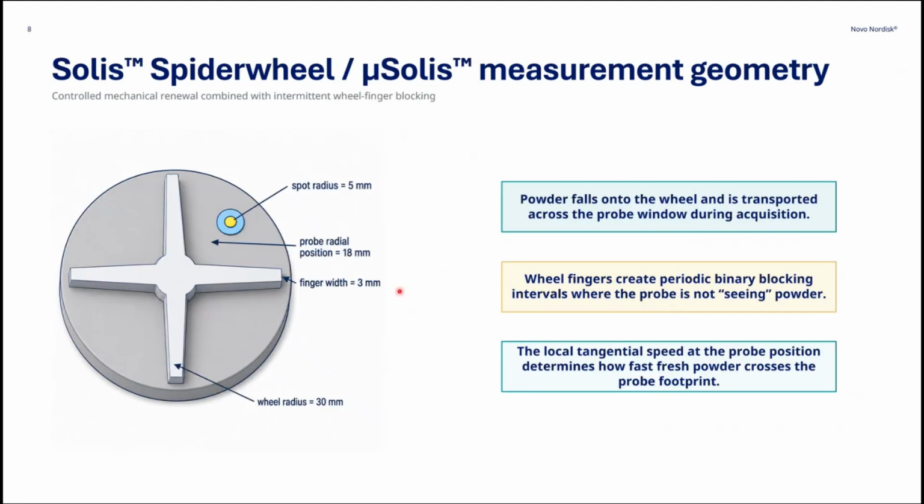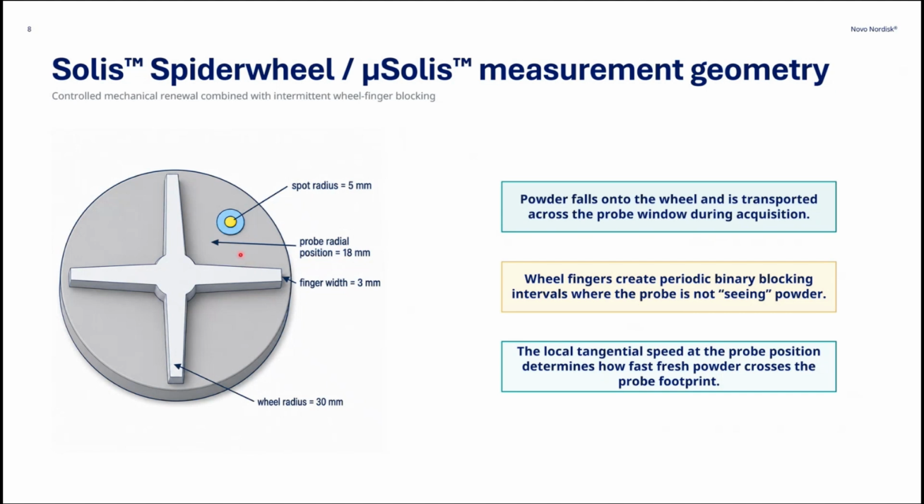So here you see a 3D drawing of a simplistic drawing of the spider wheel. So the geometric setup we need to understand is, of course, the spot radius, and in a central probe system it's 5 millimeters I've taken here. Then we took some numbers as what is the finger width at the point where it crossed the sensor probe, and I say 3 millimeters. You probably have a more precise number, but you understand what I allude to here.